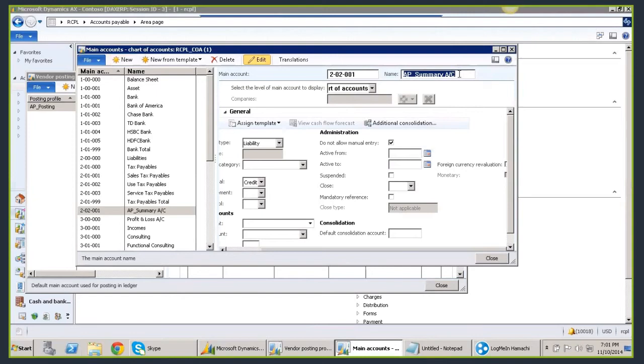Without the interference of any end user, the balance of that vendor is going to get updated against this ledger account.